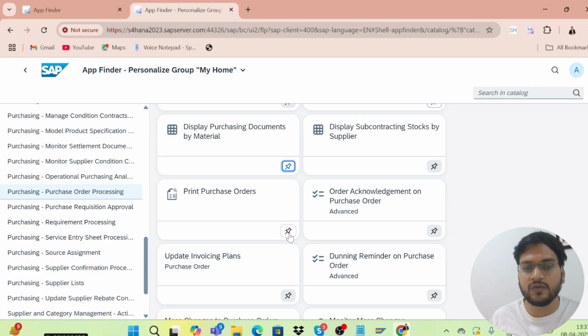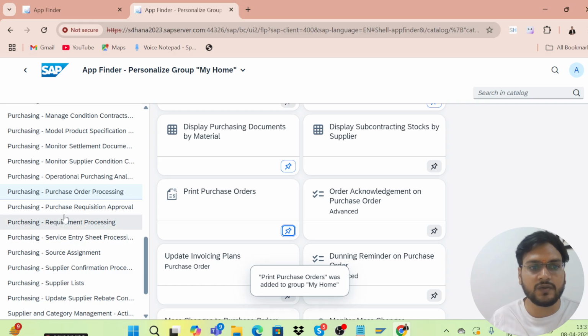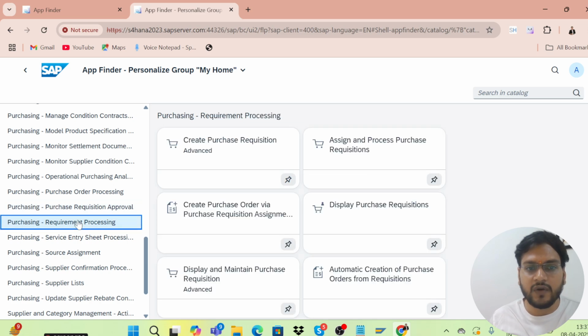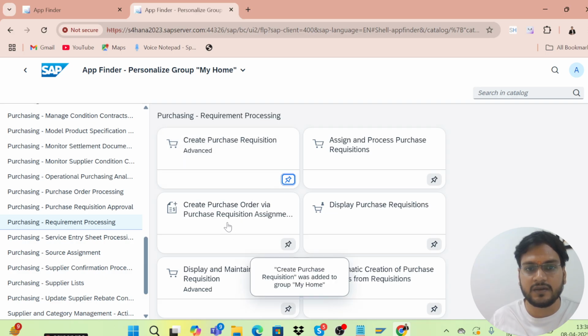If I just want to pin that on my home page, print purchase order, that also I can do. Whatever apps I want to put on the home screen, I can put simply by pinning that. So create purchase requisition, just pin from here.